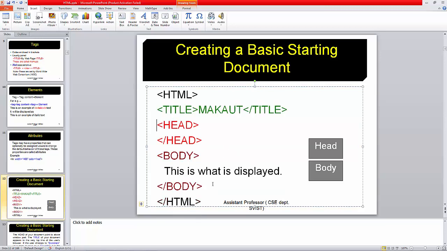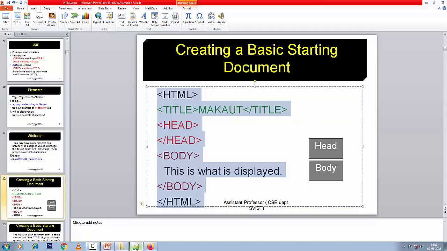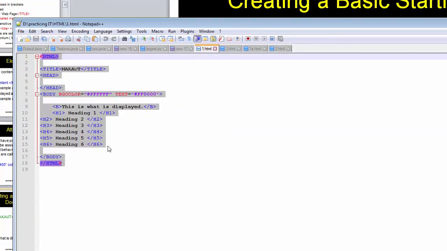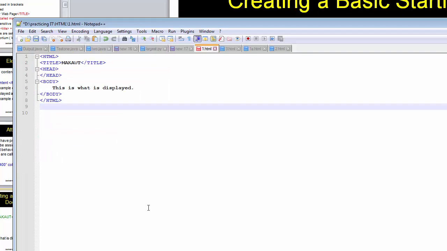We can do like this: HTML, title max out, and then head, and head is present, and body, this is what is displayed in the body, and here is HTML. If I write this, I am only copy pasting all those things. It has already been written, but since it is already here, I am just changing it and doing it here.